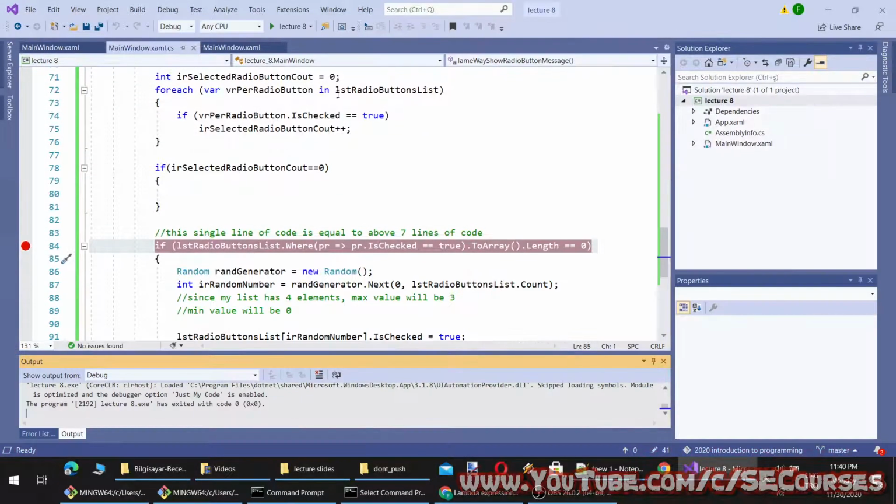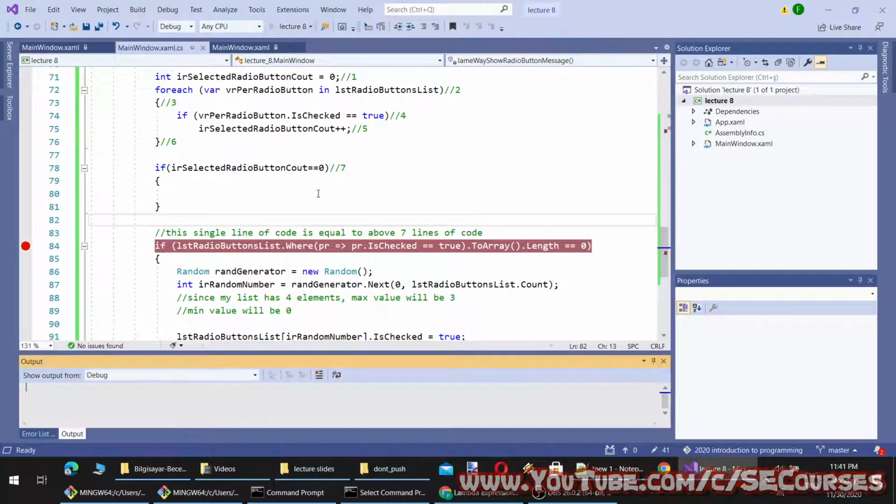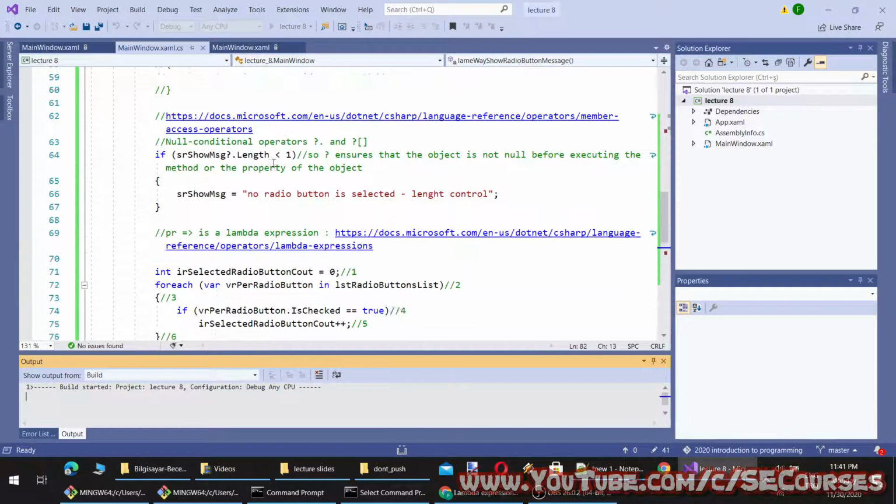By the way, I will add some comment here so you will understand. 1, 2, 3, 4, 5, 6, and 7. Okay, so these 7 lines of code is written in a single line of code. Okay, so I have put a breakpoint here.